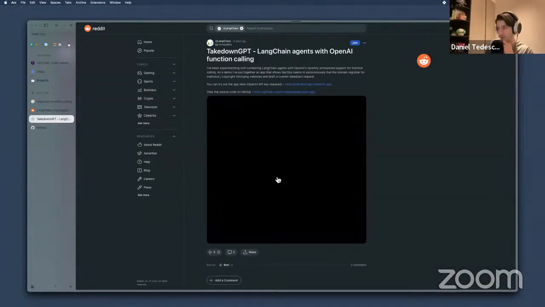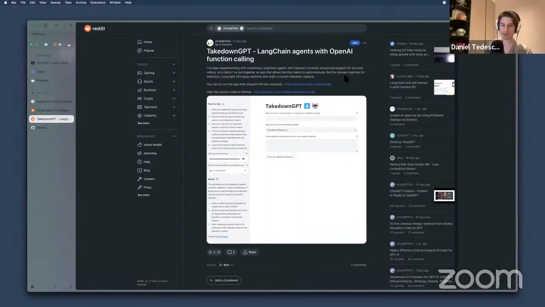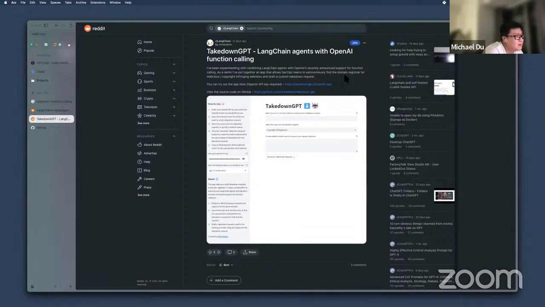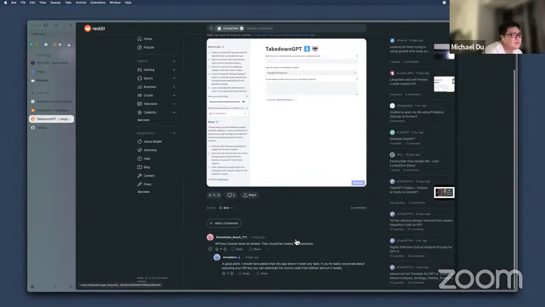Sounds promising. Wait, but the function calling, like OpenAI function calling, it's not an agent, right? Right. So I think to make it useful, it needs an agent. Otherwise you're just doing a one-shot process, right?